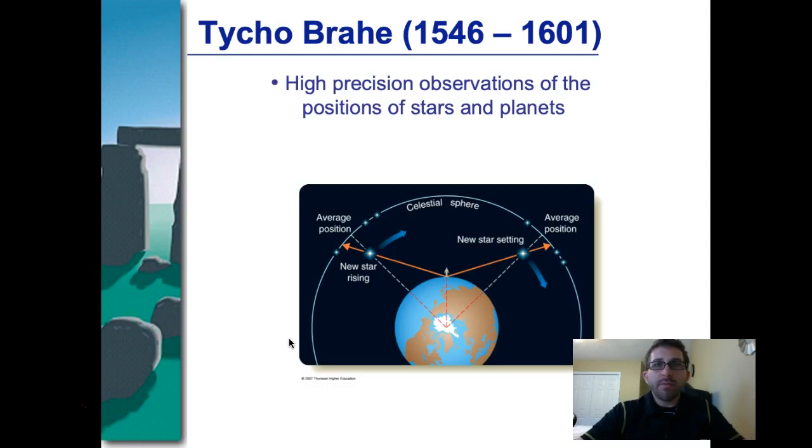I didn't want to pass by a very important figure in astronomy. His name is Tycho Brahe. He lived from 1546 through 1601, and he was crucial in making very high precision measurements without a telescope. This is pre-telescope. And he also discovered what ends up being the first ever supernova discovered by a European.